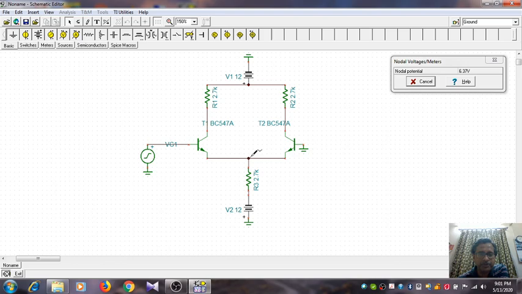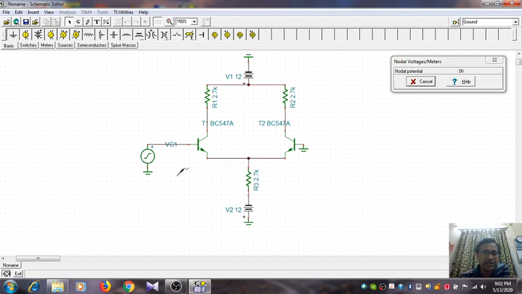At the common emitter point, for better performance, it should be nearly 0. Let us see, it is minus 661.3 millivolt or minus 0.6 volt. Okay, and at this point it is minus 12 volt. At this point it is 0 volt, because the DC of the signal generator is kept at 0 volt.